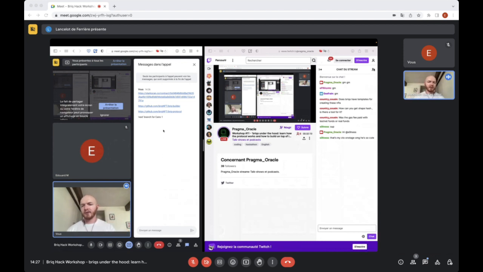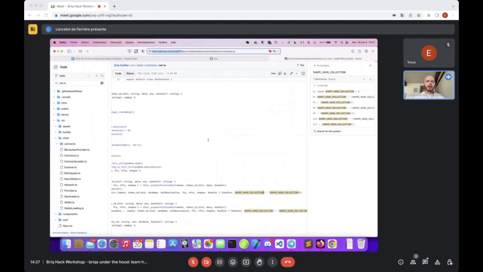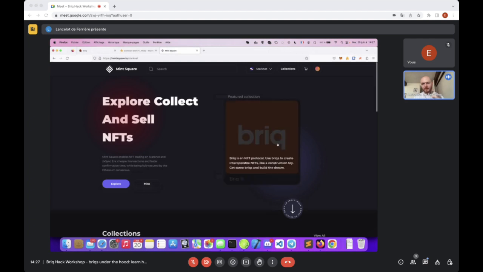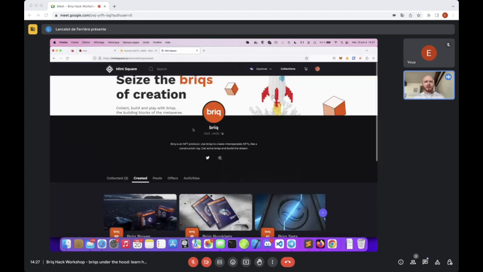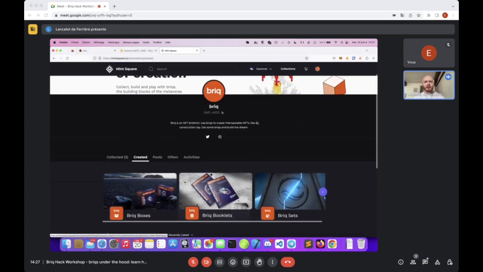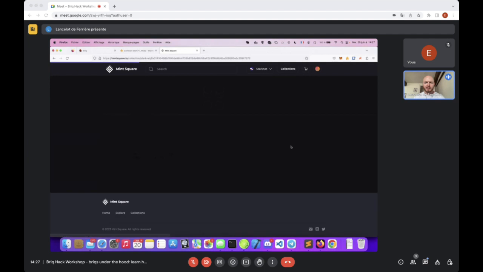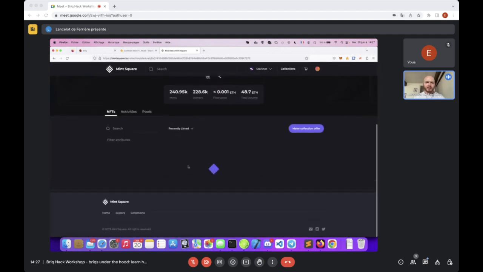Because we're doing a few things, and one of the things we're also going to change for the Cairo 1 contracts is that we're going to make the different collections be in actual different collections. Because right now, if you go on, say, Square, one of the NFT platforms for Starknet, and you look at the briq page, yes, you have the boxes, the booklets, and the sets. But if you look at the briq sets, you can see that once it's going to load,